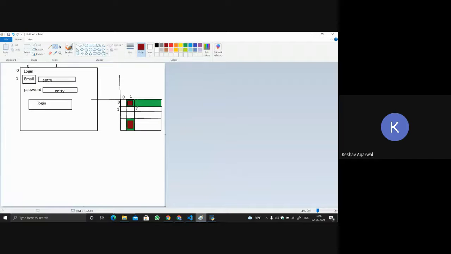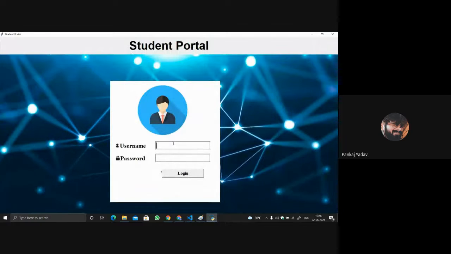For example, when we log in to Tula's portal and put our username and password correctly, then without showing correct or incorrect, it directly goes to the page of Tula's. If it is incorrect, it shows incorrect. Pankaj, that is a website. We are over here making a GUI for our desktop. So what I'm asking is, is it possible in this or not?